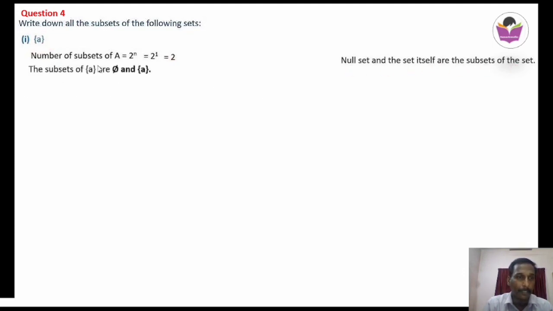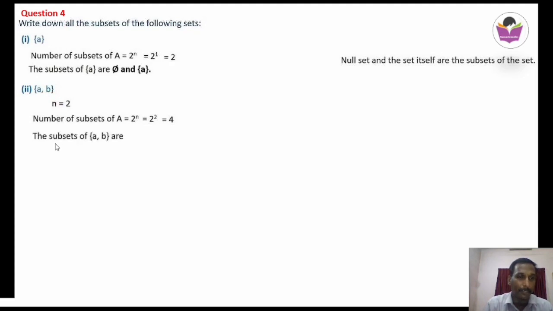So our subsets, when we consider set A, are one subset, the same set, and the null set is another. Next is question number 2, set of A, B. Here there are 2 elements. The number of subsets formula we know, that is 2 power n. So here n is 2. 2 power 2 is 4. So we will get 4 subsets. Quite simple. Each individual element is a subset. So set of A, set of B, set of A, B, the same set, and the null set.